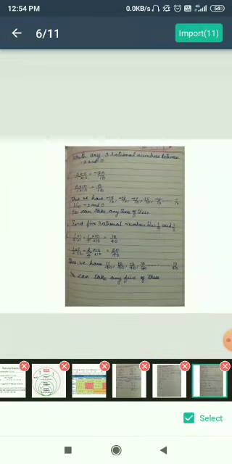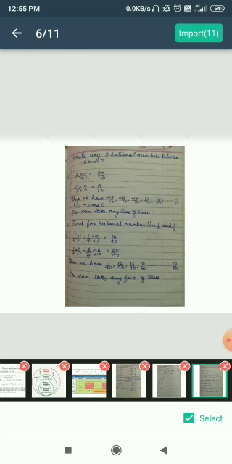Again, you know that there are infinite rational numbers between any two rational numbers. So let's see how. First question: write three rational numbers between minus 2 and 0. So minus 2 can be written as minus 2 by 1. So we are making the denominator 10, because you can make any number, but 10 is a round number. So minus 2 by 1 into 10 is minus 20 by 10. Similarly, 0 by 1 into 10 is 0 by 10. Thus we have minus 19 by 10, minus 18 by 10, minus 17 by 10, minus 16 by 10, and so on. So you can take any three rational numbers from them.